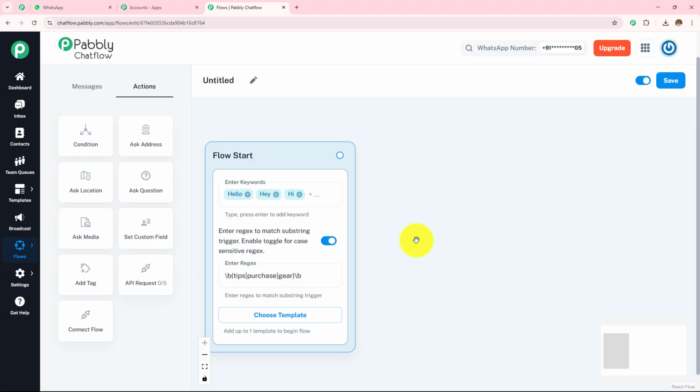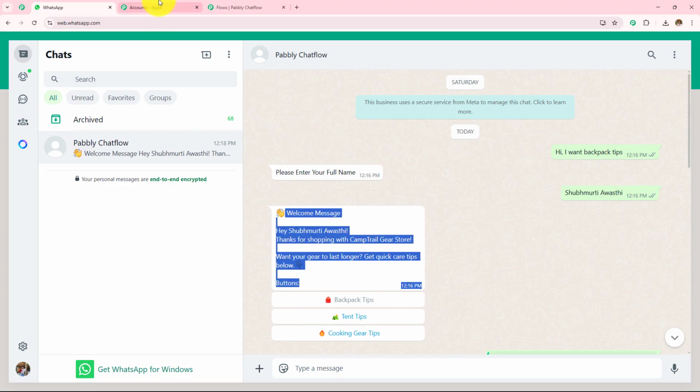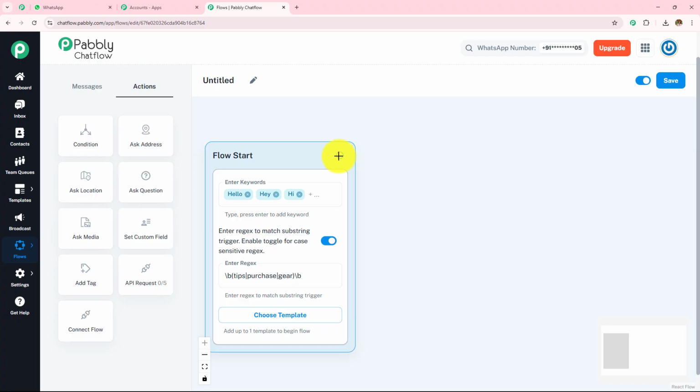Next we have to move towards sending the message. Now here, as you can see, I have asked the question so that I can send them the personalized message. So for that, we are going to make the connection. And how we are going to do this? Under this actions option, I have this button of ask question. I have explained the roles of each of these buttons.